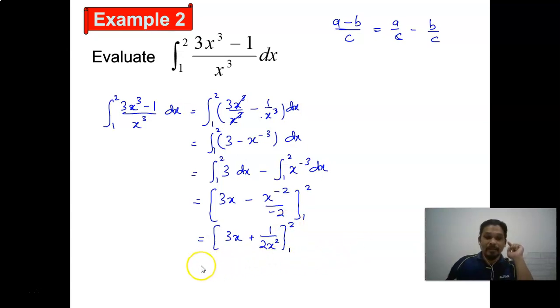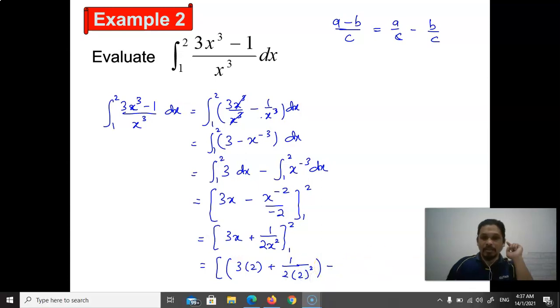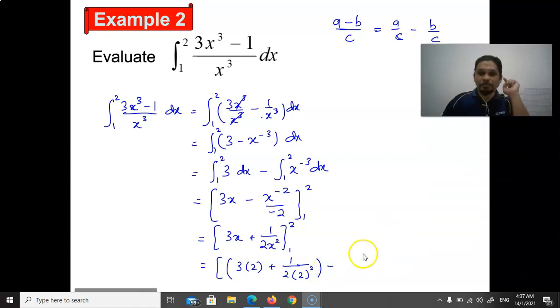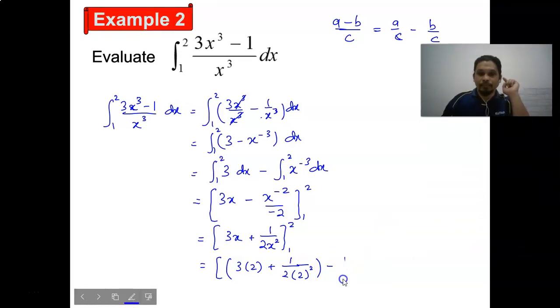So then substitute for the first, 3 times 2 plus 1 over 2 times 2 squared, minus